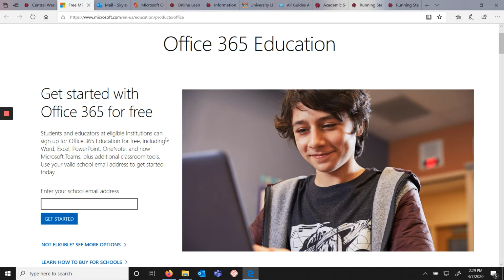microsoft.com/en-us/education. Here you can put in your school email address and get access for free. This has to be your CWU student email address, otherwise it will not recognize you as a valid student. Once you have accessed the Office 365 suite, you will be able to download the desktop apps if you wish, or access the web browser apps by using your CWU credentials to log in at the Microsoft Office website, or